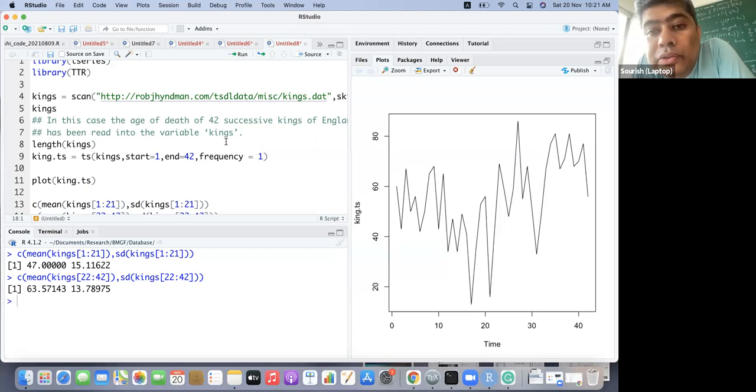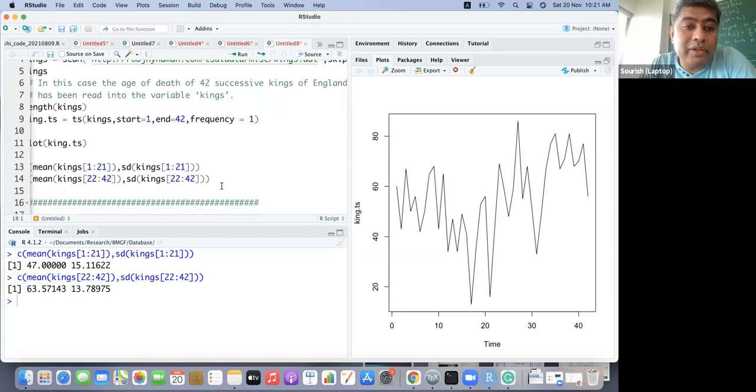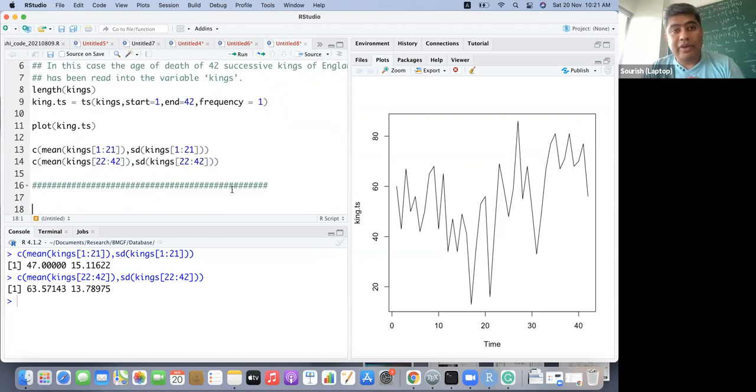You can handle not only a single time series but multiple time series in XTS, and it has more of a data frame structure. We'll see soon when we handle some financial time series data. Okay. Okay, sir.